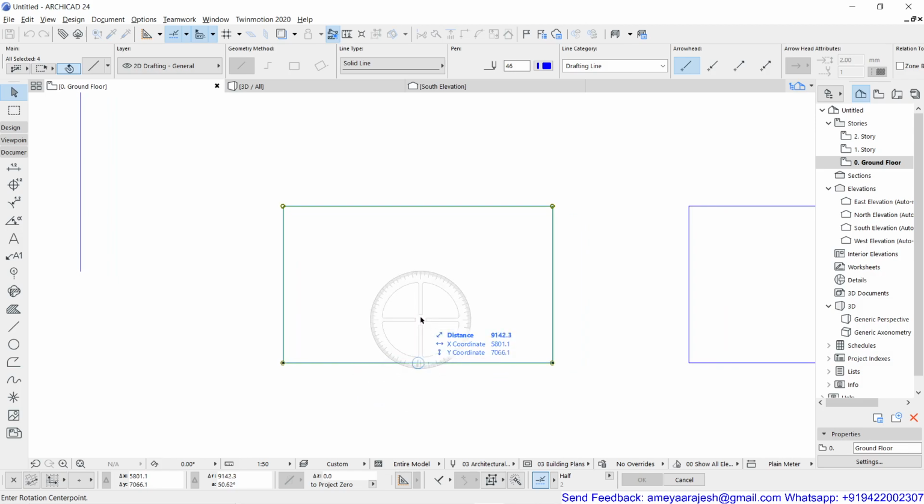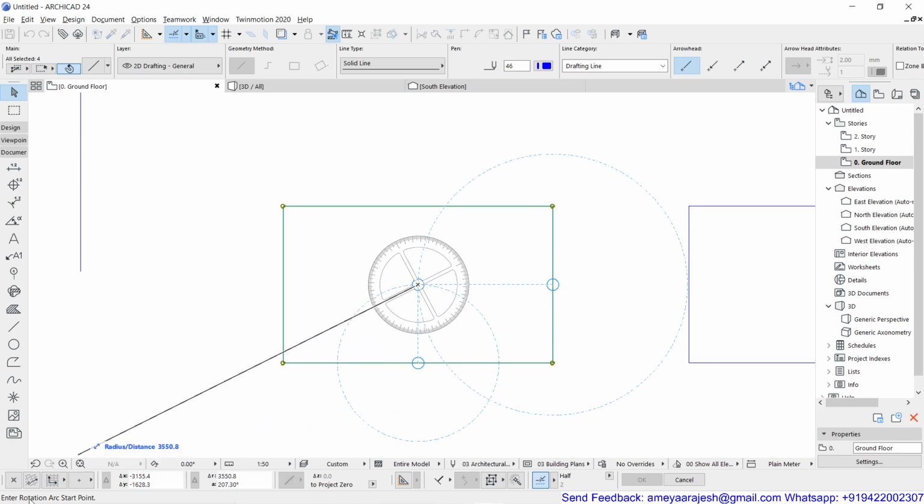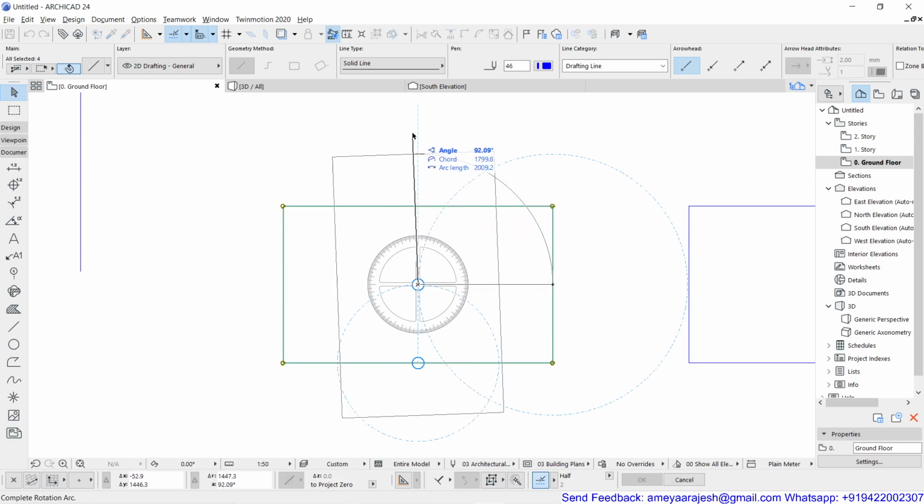So Archicad will draw one blip and the point will get marked in its memory by a blue circle. Same way I'm going to stay over here and wait for a while. Again the blue circle will get marked. These are the temporary track point locations, and where those two points intersect, that becomes my center point for the rotation. Then again the same thing: Enter rotation arc start point. So I'm going to select one of the midpoints of the segment, whichever is comfortable for you. Ultimately you have to rotate 90 degrees, so I'm just selecting one point. Then it's valid that I can type the angle.